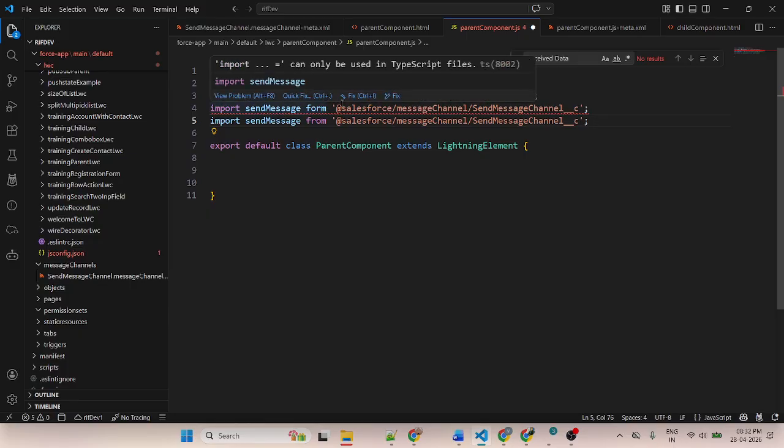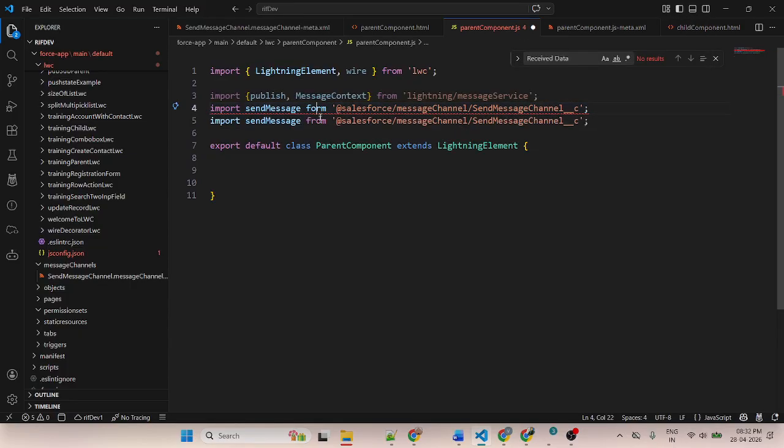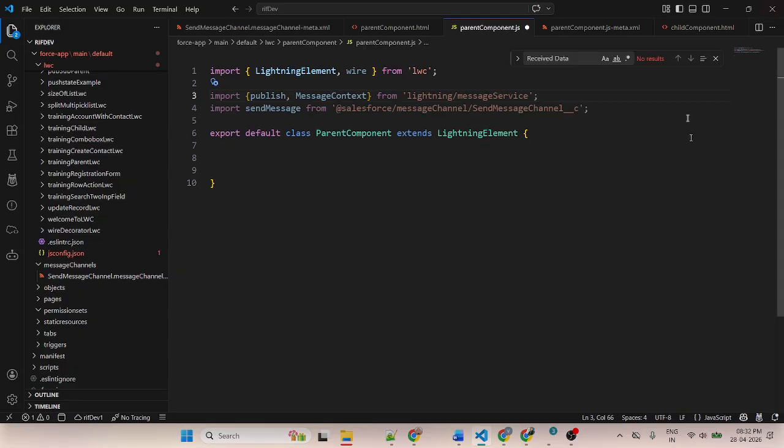Import. Sorry, it is FROM, not FORM. In the previous one I made a spelling mistake. Okay. So first I import the message channel.